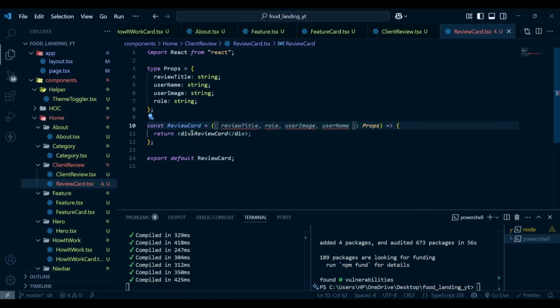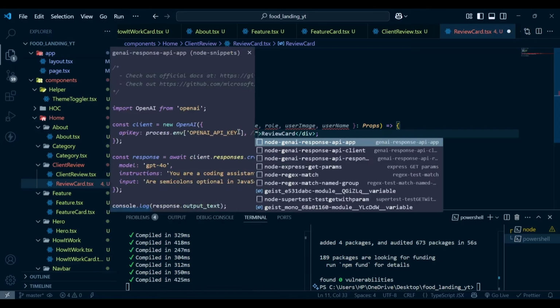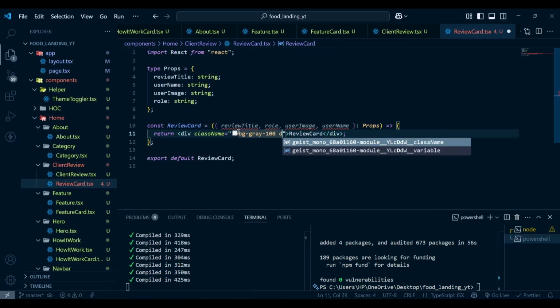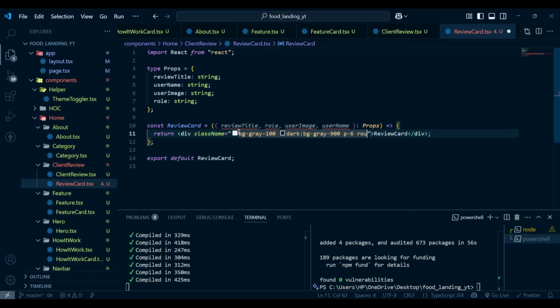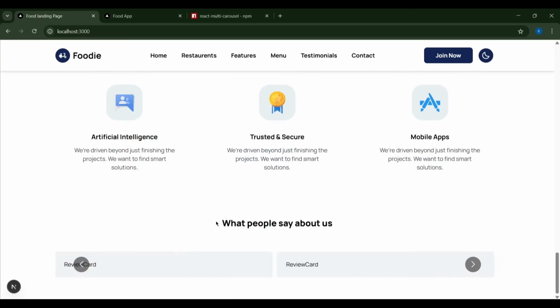Now here the first div has a class name of bg-gray-100. Then in the dark mode, the bg will be gray-900, and padding will be 6, rounded will be LG, margin right will be 4, shadow will be MD. Now if I hit save and go to our project, here you can see we have our background with rounded